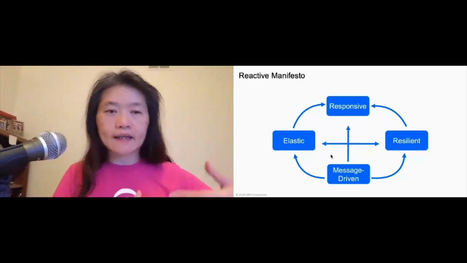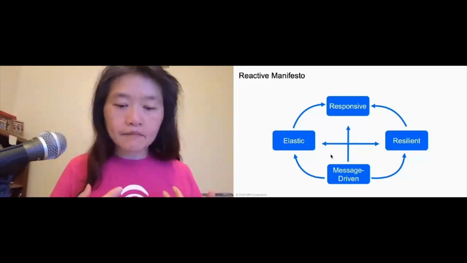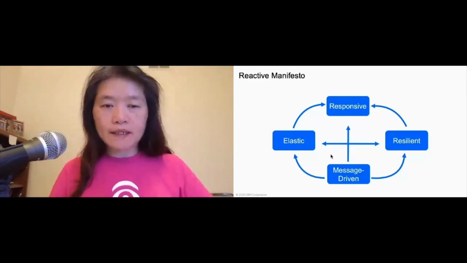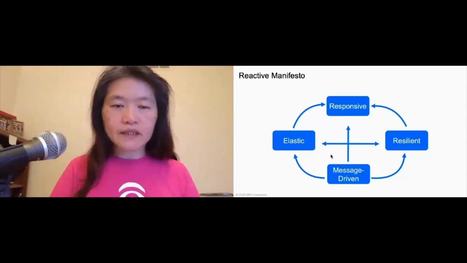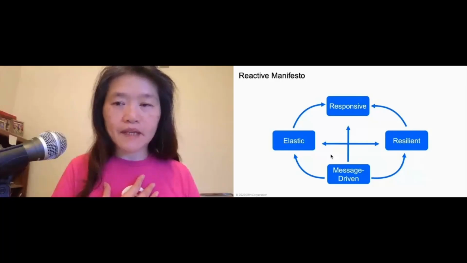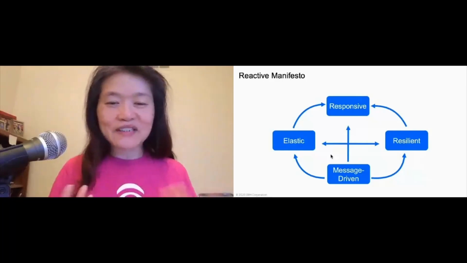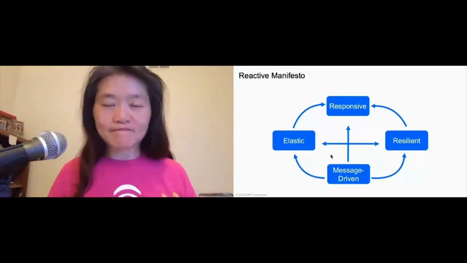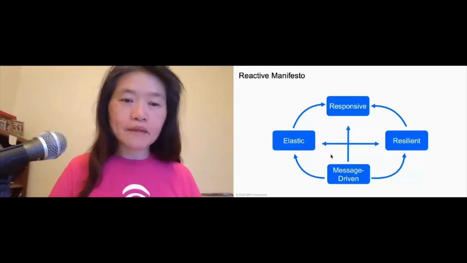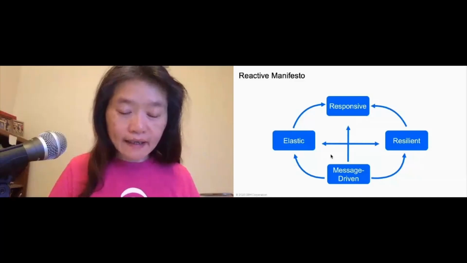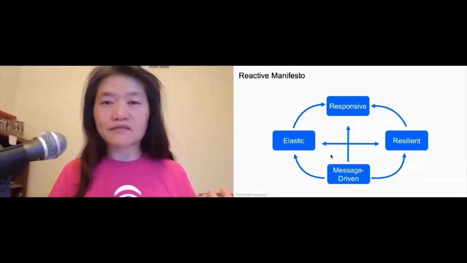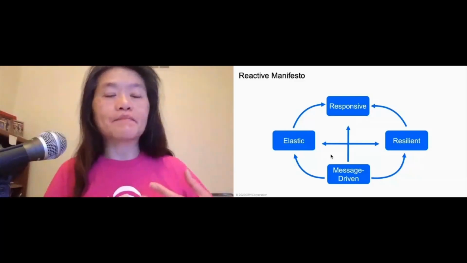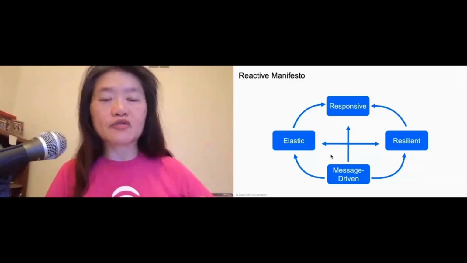Elastic capability means the system has to be very scalable. If there are more requests coming in, you want the system to be able to scale, with more processes to handle all of these requests coming in. I like to use an example of e-commerce. Yesterday at my talk, if you came to it, I used a Valentine's Day shopping cart, a flower shop. The day before Valentine's Day, the e-commerce site will get lots of flower requests. So you want the system to be able to handle the spike in traffic and requests.